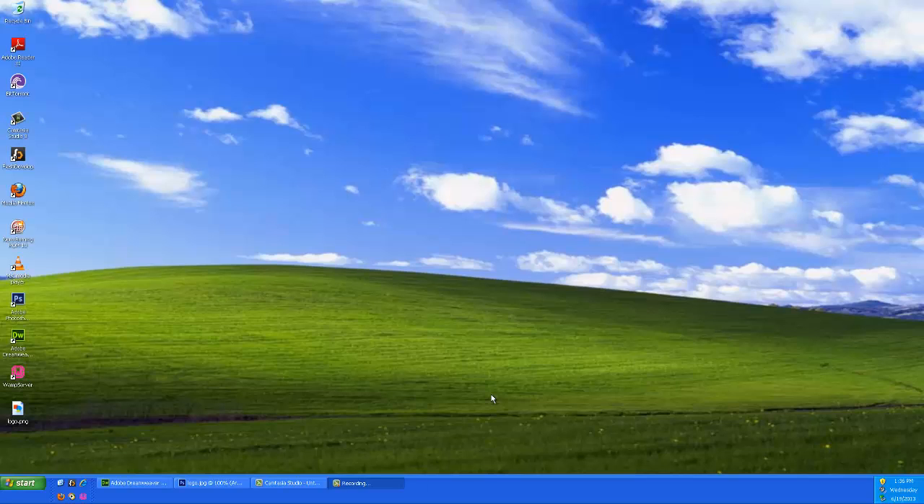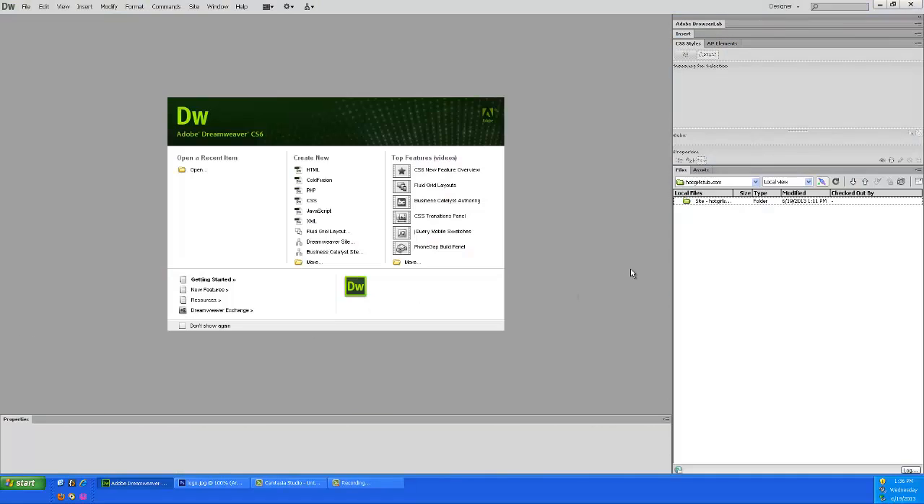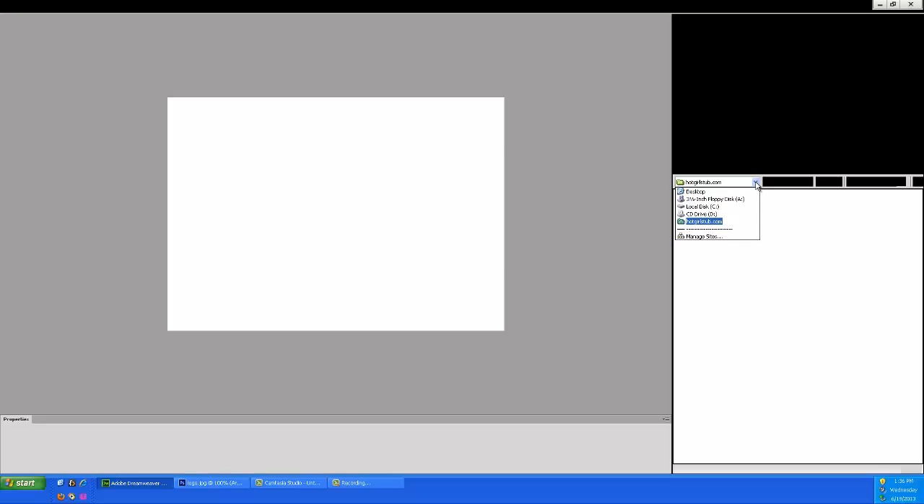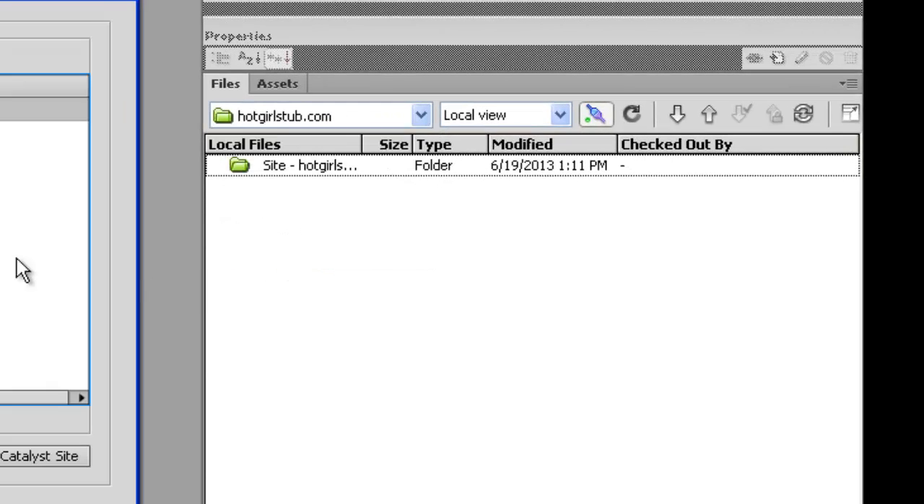Okay everybody, we're going to be making a WordPress theme from scratch. We're going to start with a Dreamweaver template and then turn that into a WordPress theme, so I'm going to start up Dreamweaver here. So the way that I got my site set up in Dreamweaver,